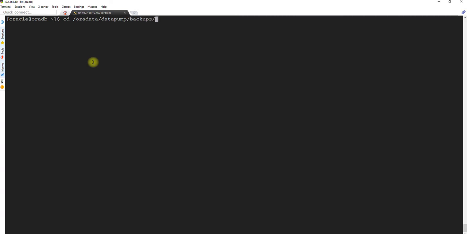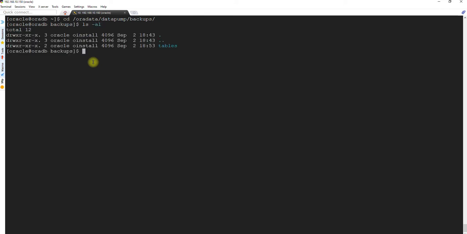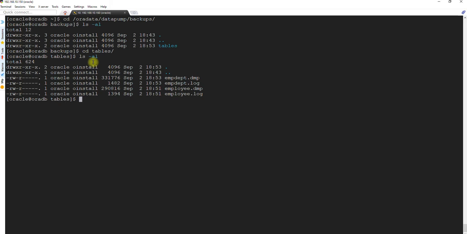Okay, backups. And then there is a specific folder for the table level. This is where we took the table level backups. Let's check it. Yeah, perfect. Employee and employee department, multiple tables. So let's just get back one step.